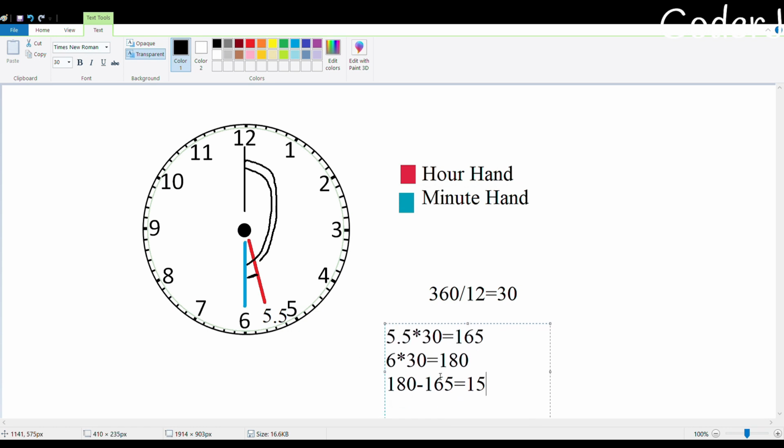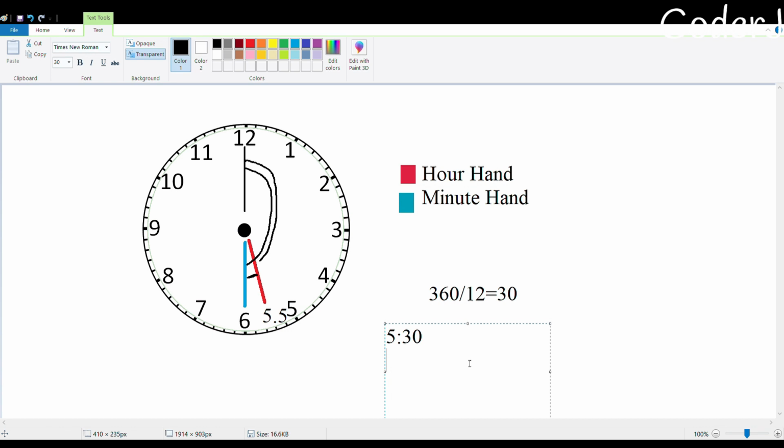So we'll use this logic to calculate the difference between both of these hands. But now you just have to keep a tiny bit of something in mind and notice that the hour hand depends on the minute hand, right? A minute hand does not depend on anything. So if it's 30 minutes, my value was 5 hours and 30 minutes, right? I need to bring this into a number of digits. So how do I do that?